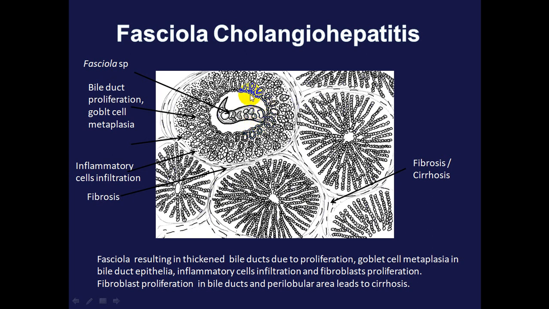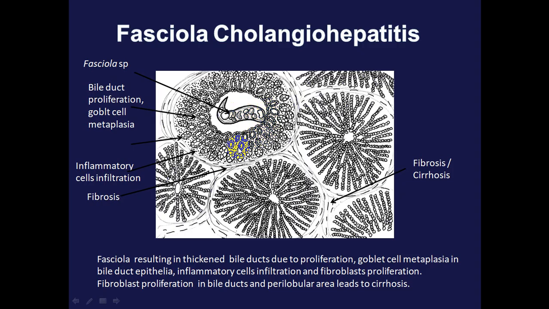The chronic inflammations will be characterized as chronic inflammatory cells infiltrations, like macrophages, and then you can find lymphocytes or plasma cells, and then this trematodes,